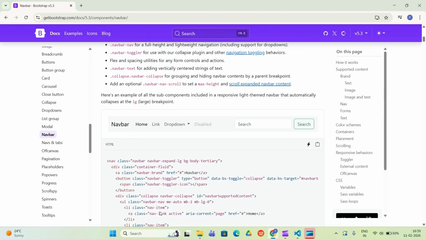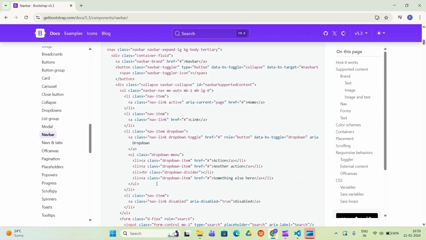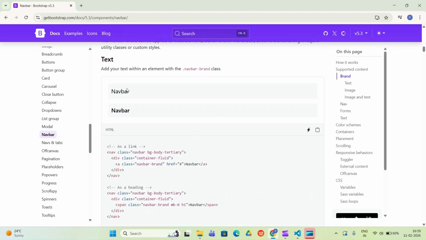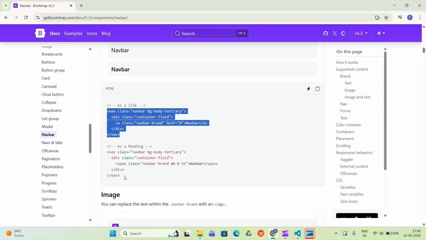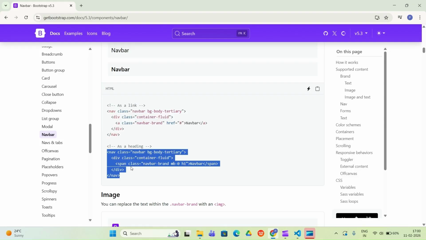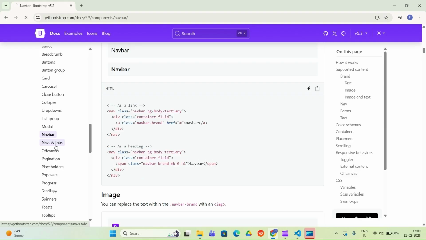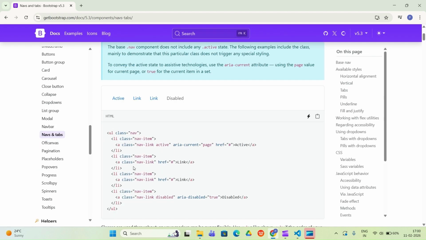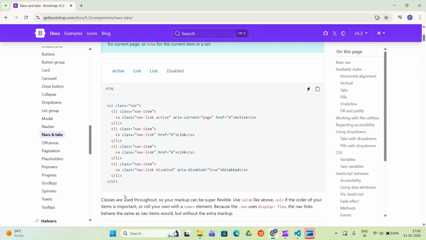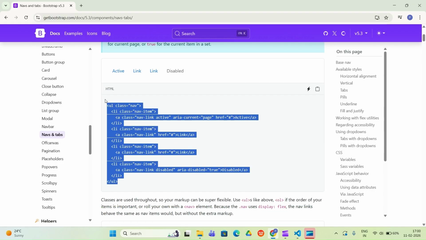If you want it to look active, you can use this one. If you want it to look dull, you can use this code, and this is for a more active look. Similarly, you can go through all of them and check out how things work. Basically, this is the link navbar. If you want a linked one, you can take all this from here.